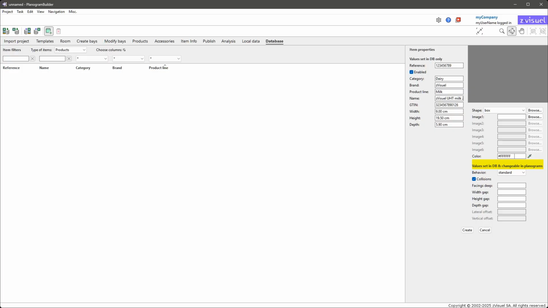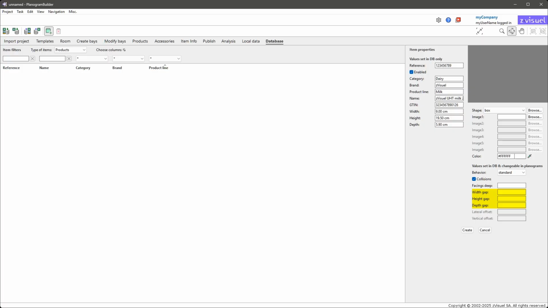There are other properties you can optionally predefine for your products, and which can also be overridden later in any planogram. Collisions should be checkmarked except for products which you want to overlap with other products. Facings deep sets a fixed quantity of the product on the depth of shelves or hooks. Leave this as Auto to let the software automatically calculate the quantity based on the available space on your shelf units.